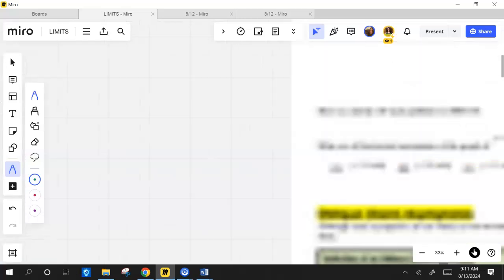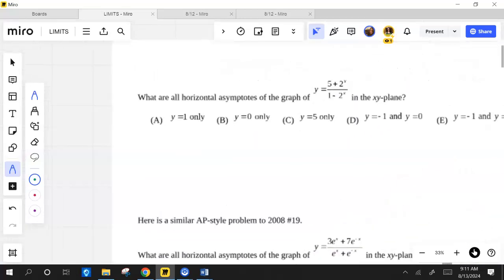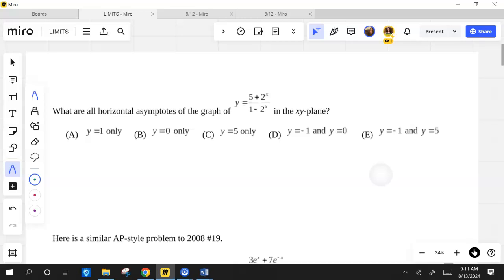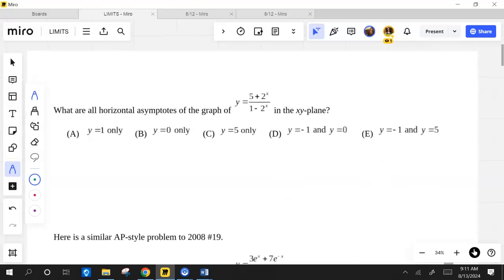And then on the next one, this was in 2008. This one is a little bit harder, right? What are all the horizontal asymptotes of the graph? So this one is going to require me to say, okay, now I do need to use the calculus. This is not a rational function. So what's the limit as x approaches infinity? And then what's the limit as x approaches negative infinity? Because by definition, that's what a horizontal asymptote is. So if you plug in there,